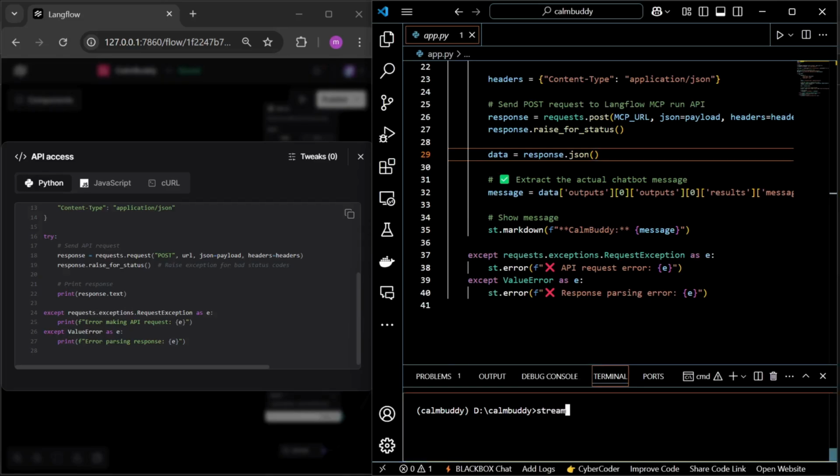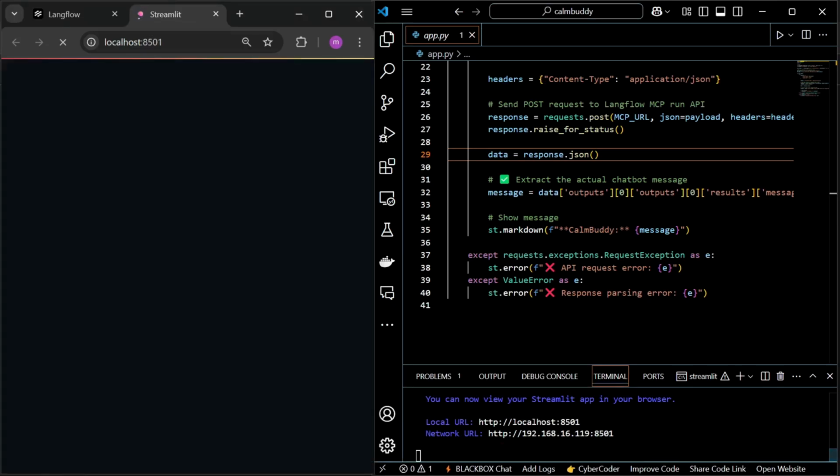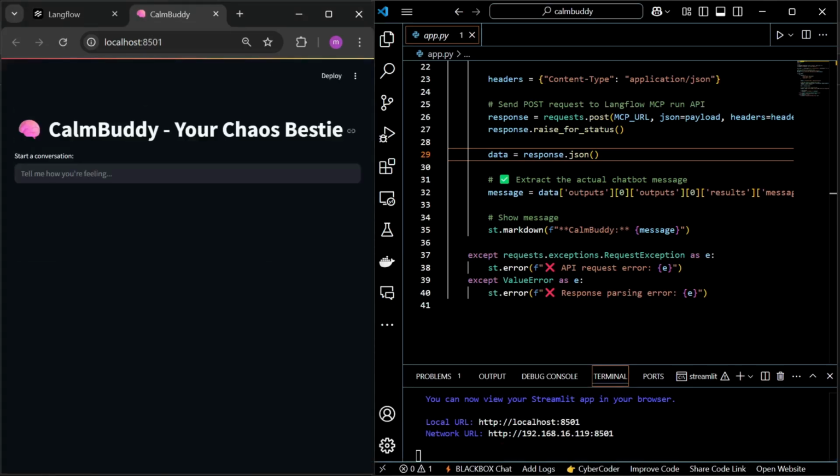And message equal to data and output 0. It gives the exact agent response. If we are not giving that, it gives a complete response which is not readable properly. So let's check.